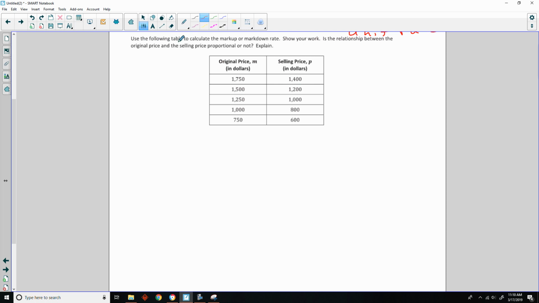In exercise 5, it says use the following table to calculate the markup or markdown rate. Show your work. Is the relationship between the original price and the selling price proportional or not? Explain. Okay, so here we have an original price of $1,750, a selling price of $1,400, so that's less. So this is a discount. So selling price